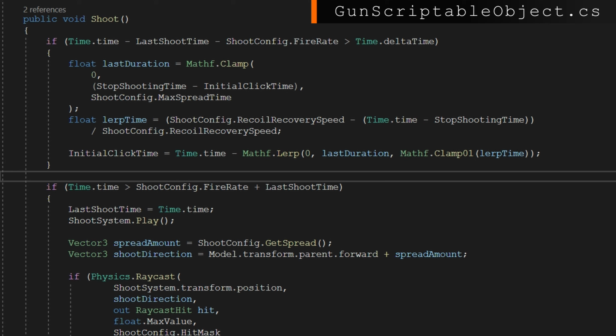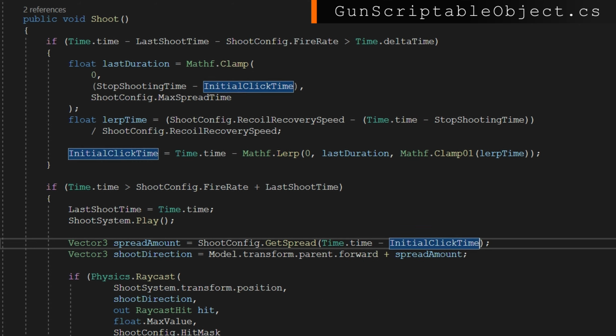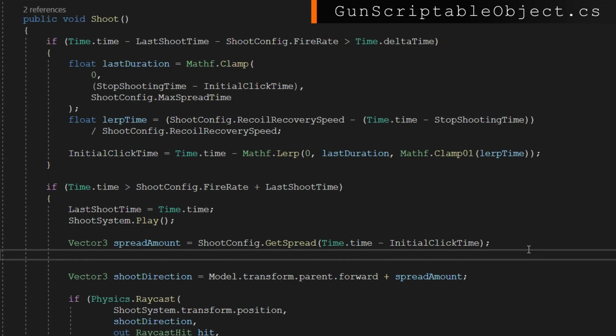So we're not out of the woods yet. We still have to actually do the recoil application. We just now know the time that we can pass to the ShootConfig GetSpread. If we hit the above block and we've never shot before, the current time and the initialClickTime are going to be the same, or if there's been too long of a period between the last time we shot and the current frame. Once we have the spread amount,